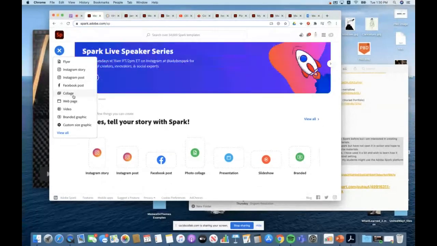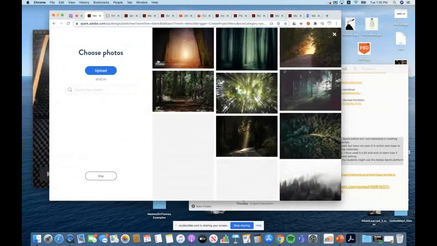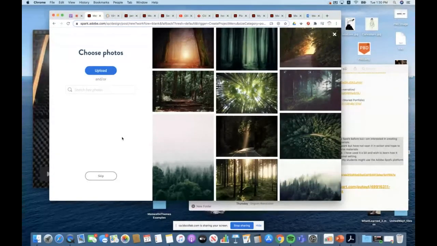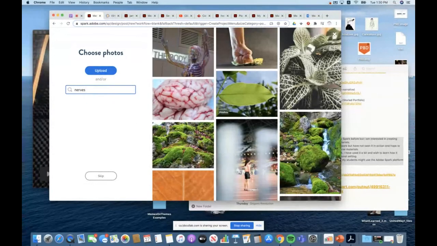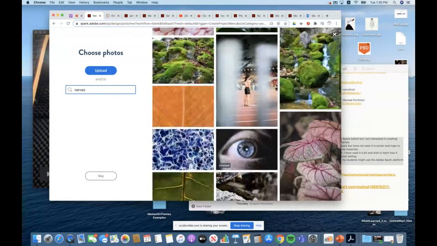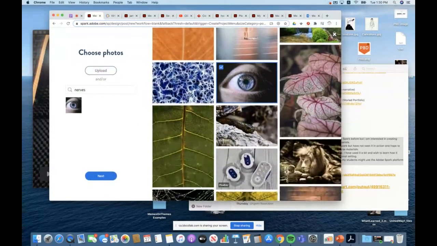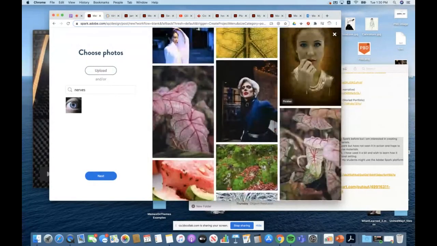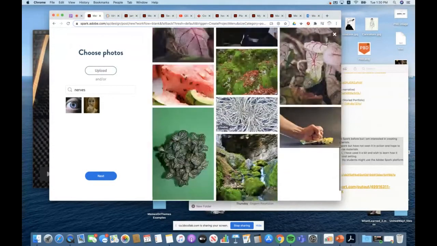If we're taking a look at a health check-in, imagine this as an exercise with your students. So how are you feeling today? Express it to me in pictures. So choose 5 images that express how you're feeling today. You can either upload this or you can search from a massive database for imagery. So I'm feeling, let's say, nerves. Let's see what that means. Pick that. That's a good one that kind of expresses it.